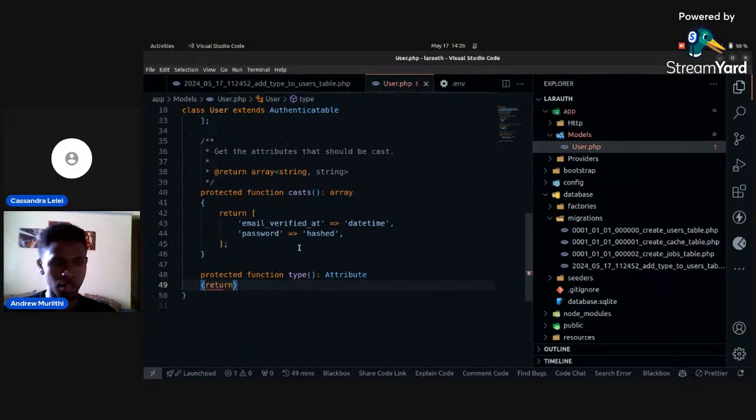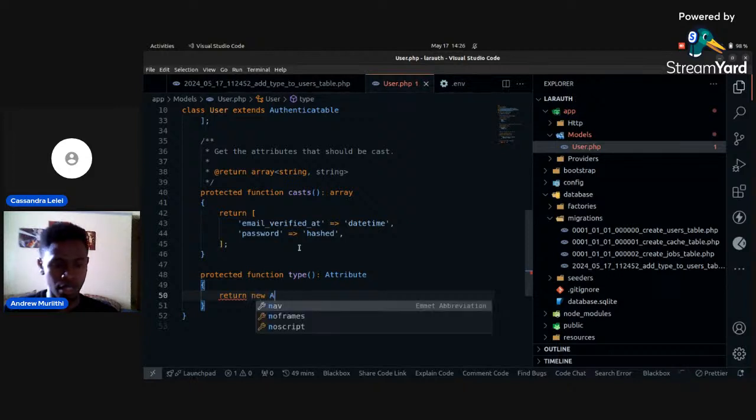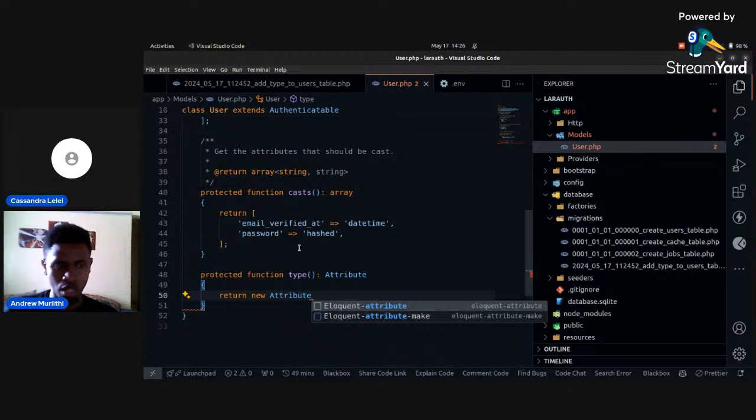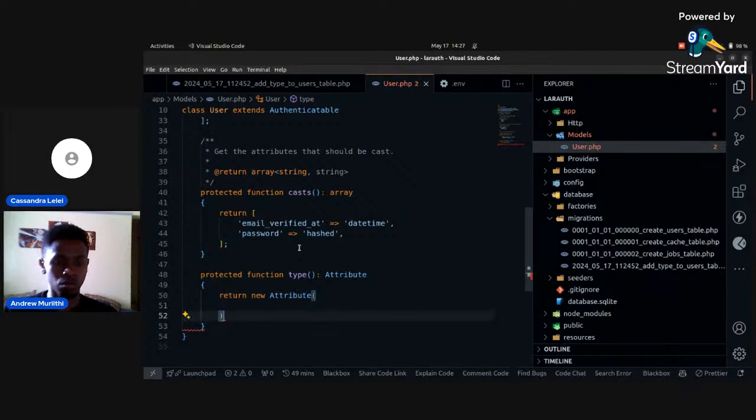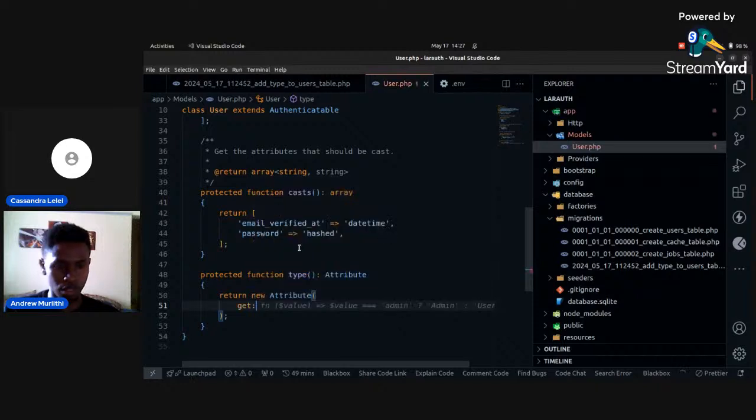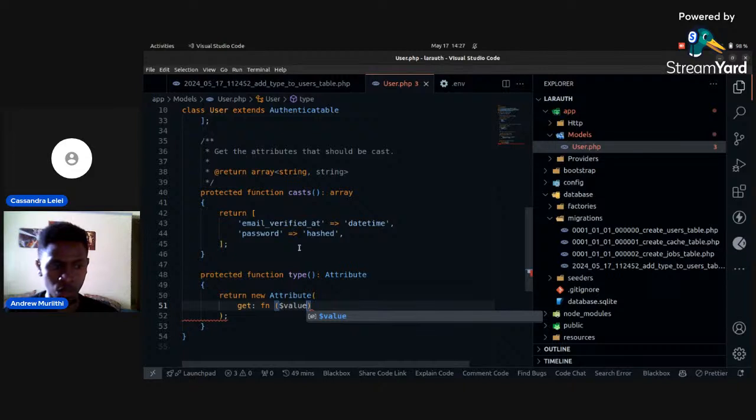So we will return this new attribute, put a column there. So we have to get the attributes function. We have to associate that integer, that is the value, or rather our one or our zero, with